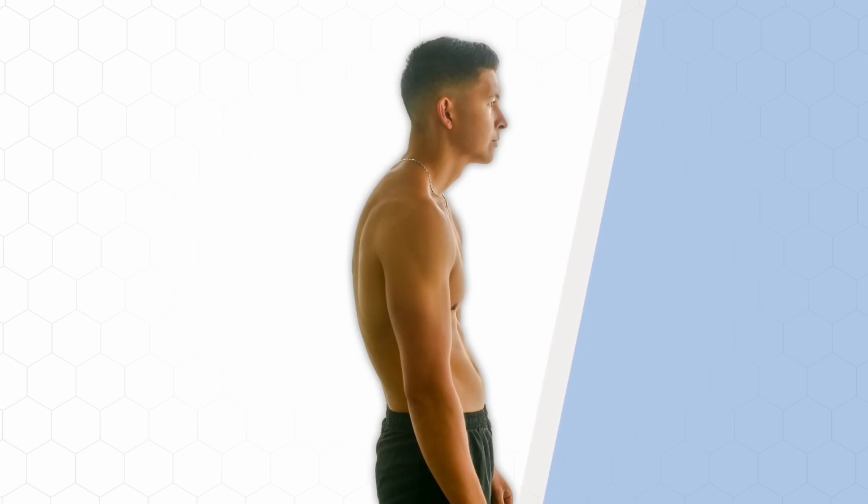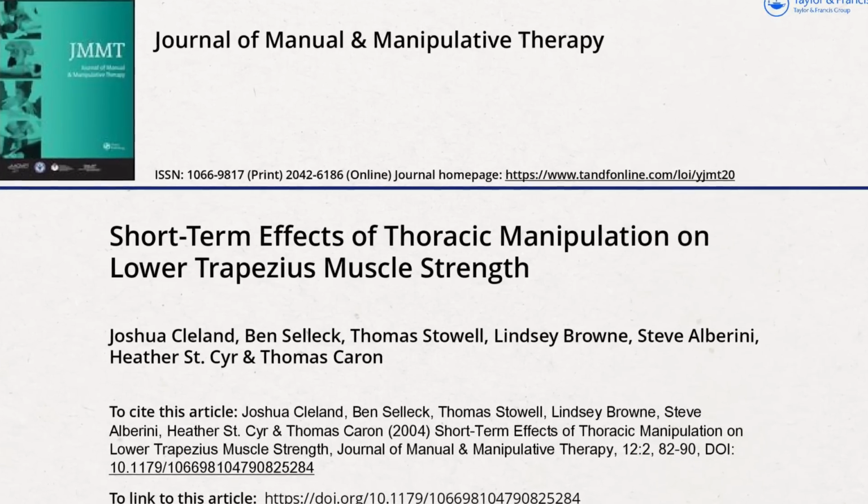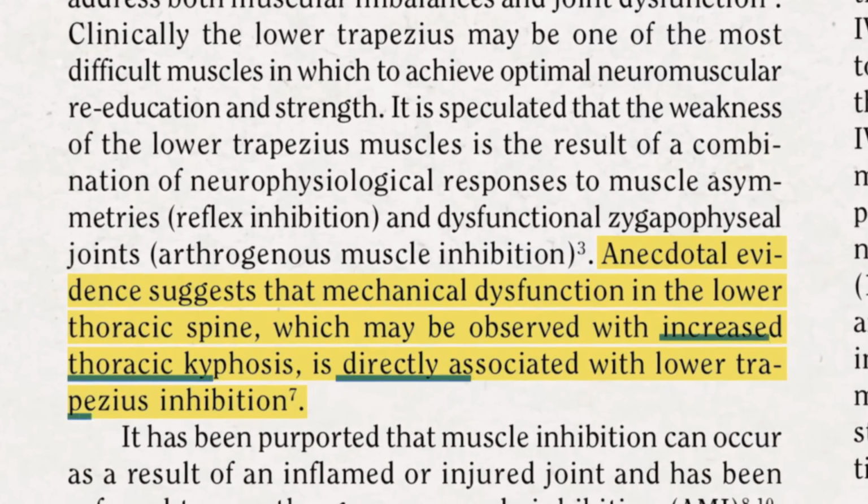Now, before we dive into the actual exercises, it's important that we first understand the reasoning behind them. So let's take a look at the posture we talked about earlier. The main problem here is that as a result of sitting hunched over, your mid-back has lost some of its ability to extend upright. And as a result of this lack of thoracic mobility, research suggests that certain mid-back muscles,